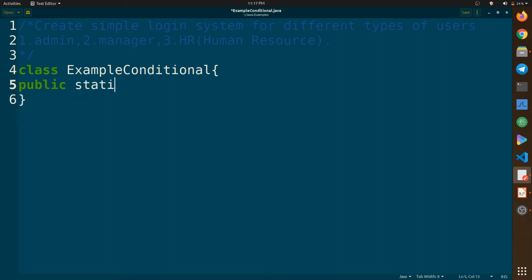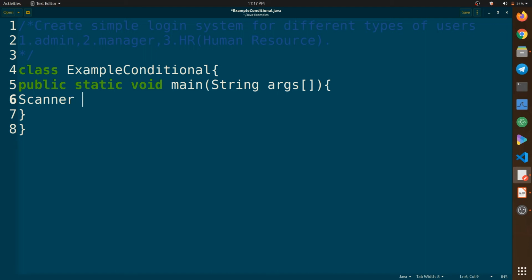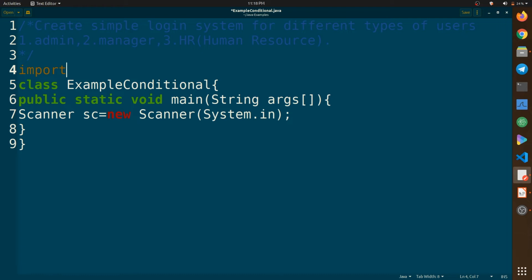So public static void main String args, and let's create an object for our Scanner class. So Scanner sc equals new Scanner System.in, and also import it. So import java.util.Scanner.